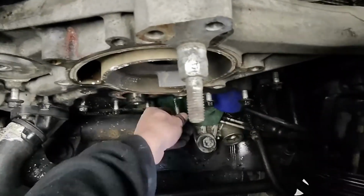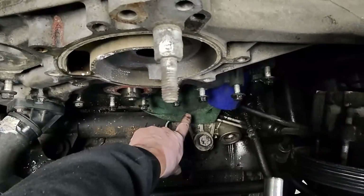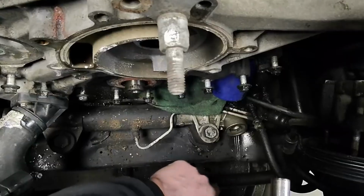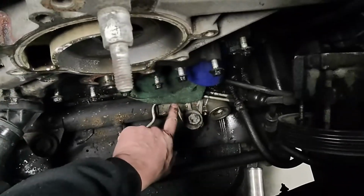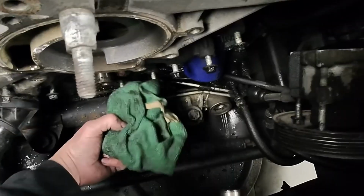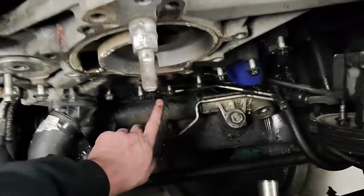You know what's funny is that microfiber was here. So whoever changed the oil last decided to put that there so it didn't leave a bunch of marks. I don't know. This was here when I got here, so that's even funnier. But anyway,